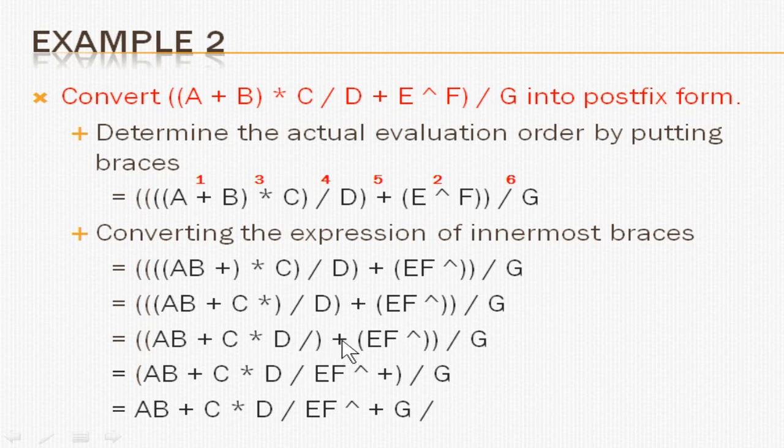Next you have the plus sign. This is one operand, the whole thing is A, and then plus. Then again the remaining is B. So A plus B becomes A B plus. You can see the same thing, just write it as it is, including this. Then finally put the plus sign.